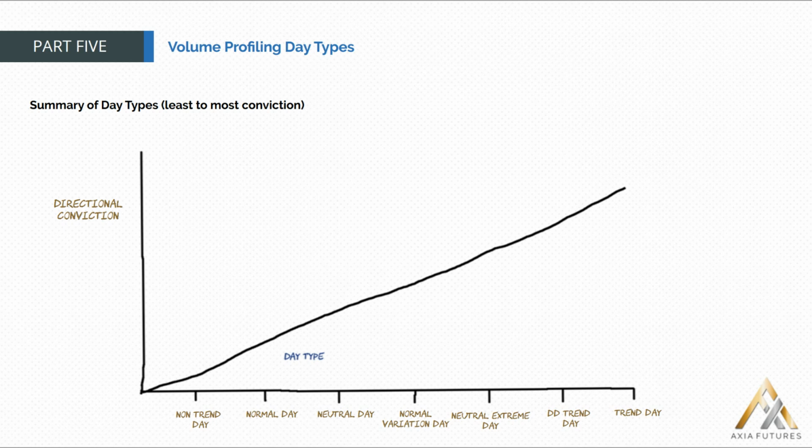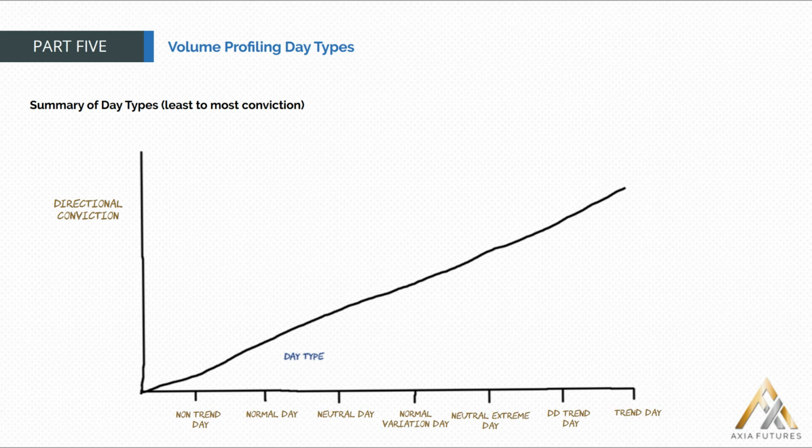Remember what I said to you earlier. If you knew that there was a 60 or 70 or 80% chance that a market was likely to keep going higher all day or keep going lower, these odds greatly impact the types of strategies you're going to take, and that's why we want to know where the market has the lowest amount of conviction and where it has the highest amount of conviction. Now, I'm going to start on the highest amount of conviction and talk about the 2 trend day types. As you can see, the traditional trend has the most amount of conviction,